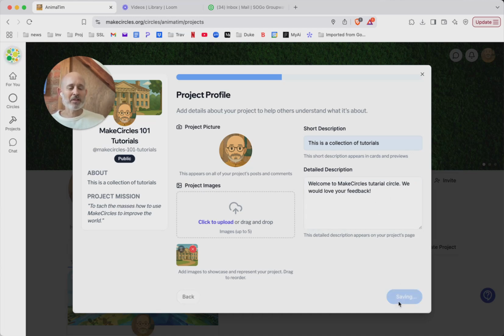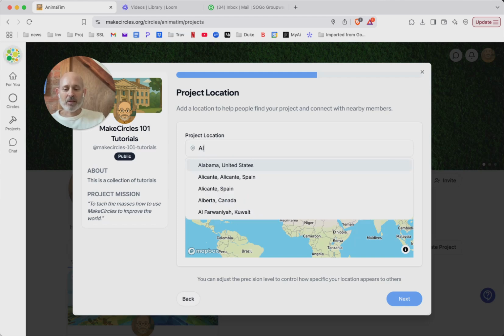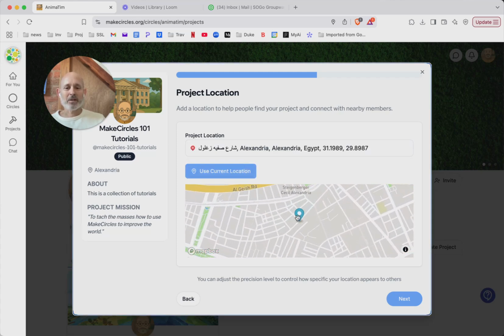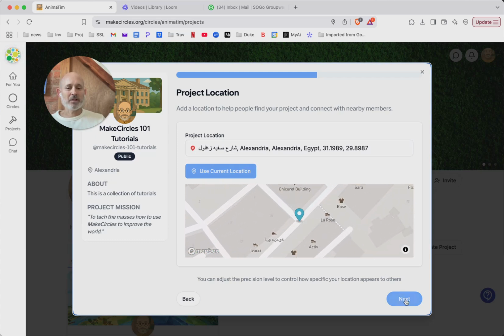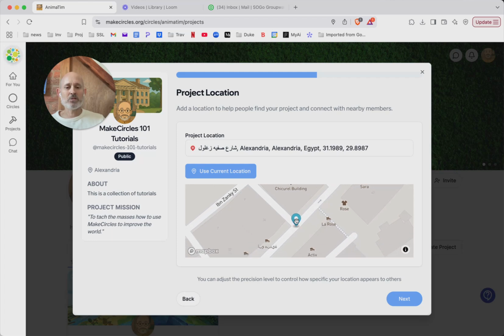So we're going to click next, and the next step in the process is to pick a location. You can use your current location, or we can just use a random location. Let's say Alexandria in Egypt, because you know the Great Library. So let's just pop it there and click next. We can adjust this obviously a bit later to move it somewhere